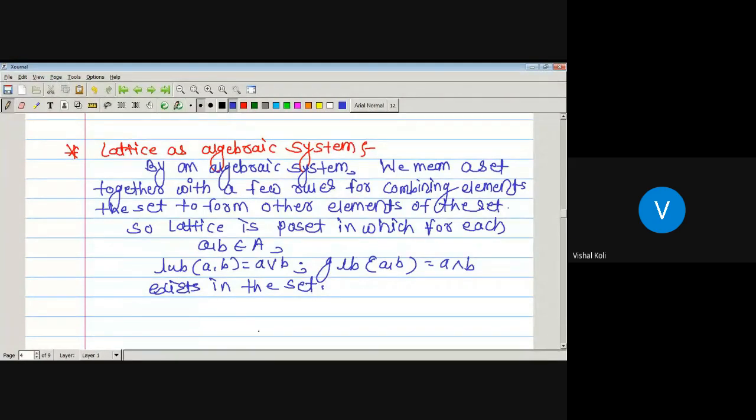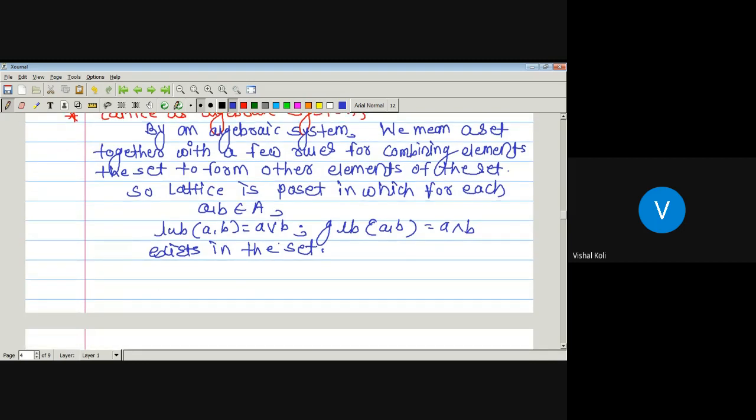Okay, so by the definition of algebraic system, the lattice L with operation precedes is an algebraic system. With every two elements A and B, there is associated an element join of A and B, and an element meet of A and B, which is again in L. And we have proved that if there is a lattice, it needs to hold some properties. Which are those?